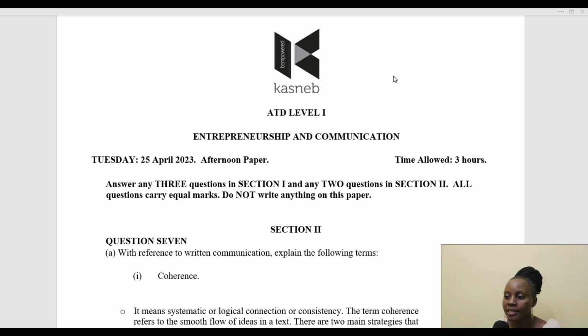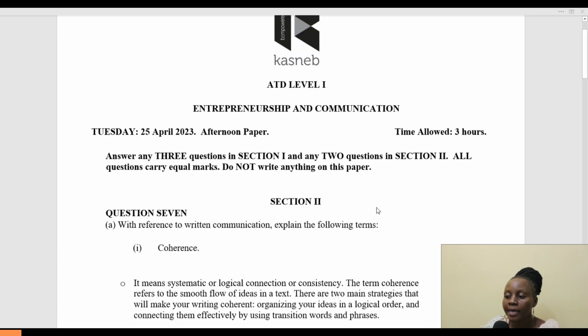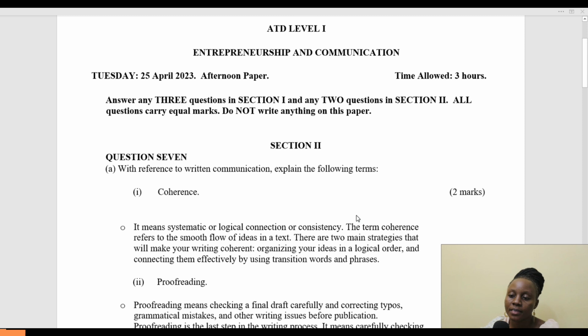This is our last question in our revision paper. Question 7A says, with reference to written communication, explain the following terms. So number one, we're going to talk about coherence, and in terms of written communication, coherence is whereby you follow